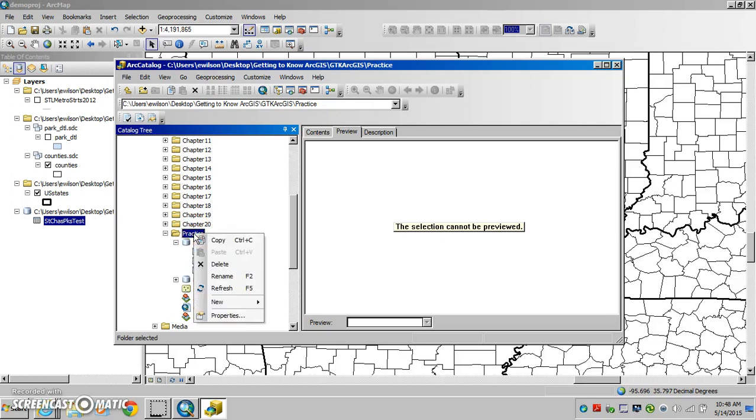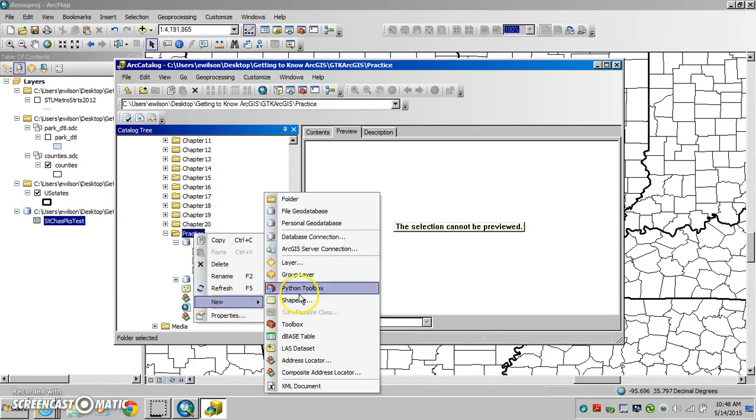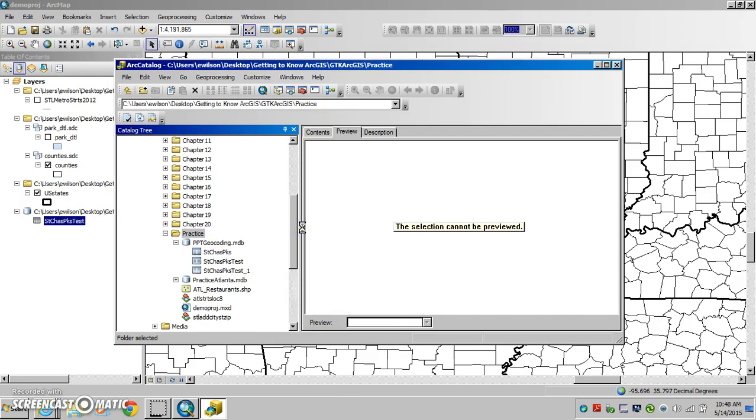So just so that we can be clean here, I'm going to go ahead and make a new personal geodatabase, and I will call it just for, probably no spaces, just for geocoding, so that we have one that's clean,